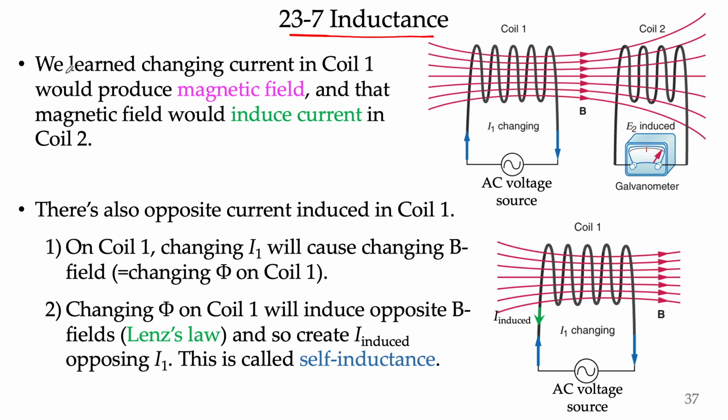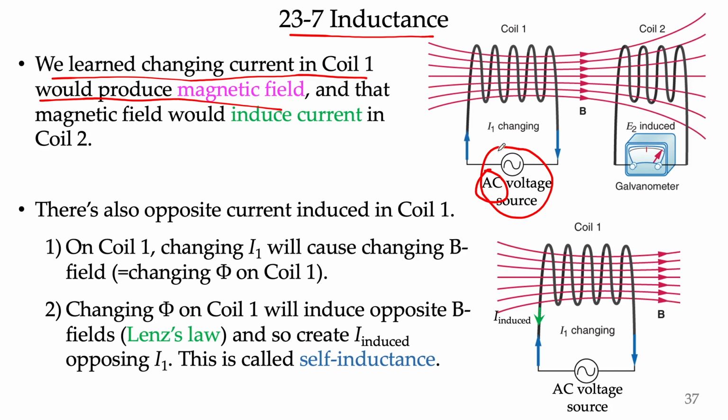So what we learned in the previous slides is that changing current in coil 1 will produce a magnetic field. If you connect the AC voltage source here, AC means it's not like a battery. The battery is DC, direct current. AC is alternating current. So it basically becomes positive and negative all the time, just like the 220 volts on the wall. Okay. So if you have a current changing all the time, what happens is now it will create